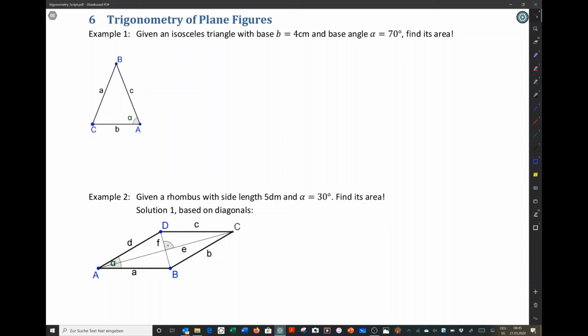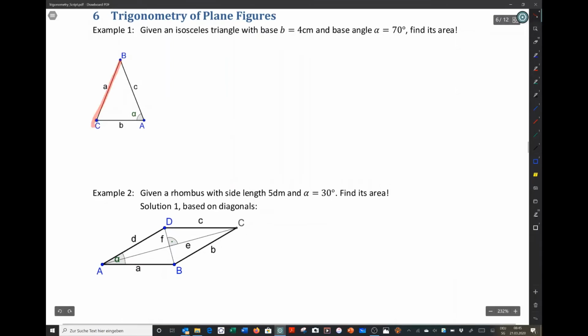In this chapter, we're going to solve questions about plane figures using trigonometry. In example 1, we have an isosceles triangle with angle alpha 70 degrees, base b 4 centimeters, and we should find its area. Try to solve the task by yourself and then have a look at my solution, so stop